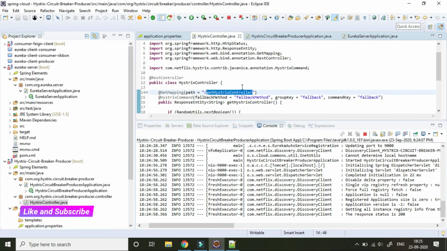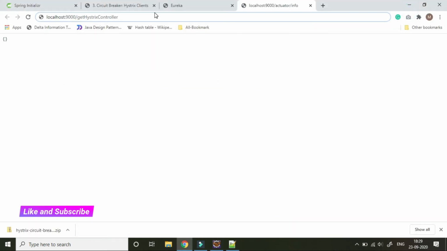The first time it's failing and goes into the fallback method. If I continuously hit it, sometimes it returns the successful response and sometimes it returns the fallback.